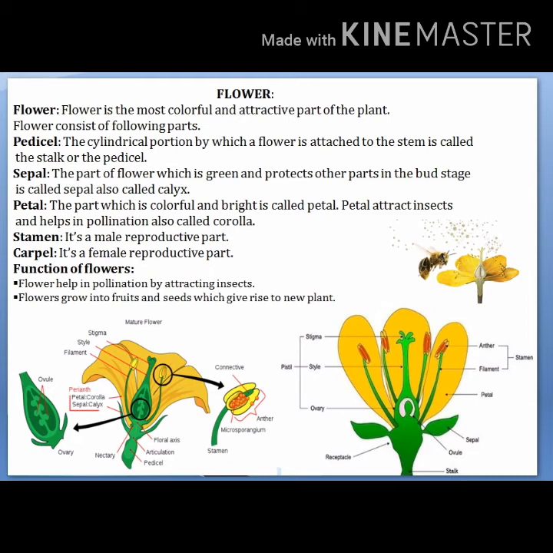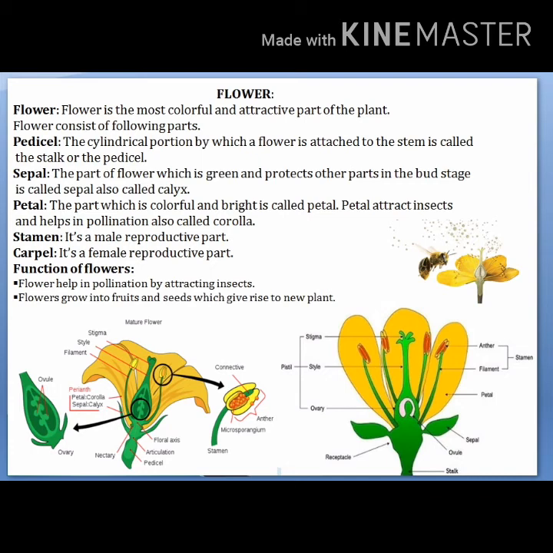We are going to quickly summarize the flower and its parts. The parts of a flower are petals, sepals, stamen, and pistil. As we know, the stamen is the male part, also called androecium, which consists of anther and filament. The pistil is the female part, called gynoecium, and consists of three parts: style, stigma, and ovary. We have two terms, pollination and fertilization. Pollination is the transfer of pollen grains from anther to stigma, and when male gametes fuse with female gametes it is called fertilization.